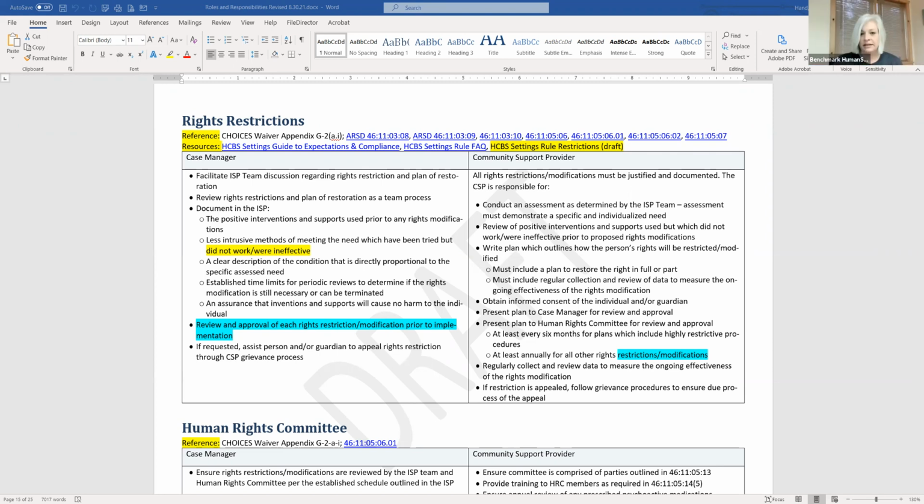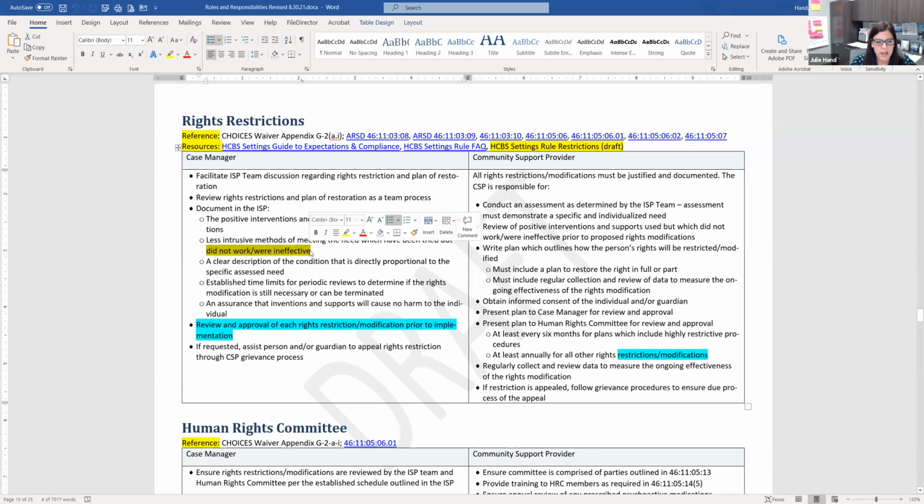What are the highlighted areas? Go ahead. I was just going to ask what the highlighted areas were. So this, I think, was something where I was questioning the verbiage, and I copied it out of